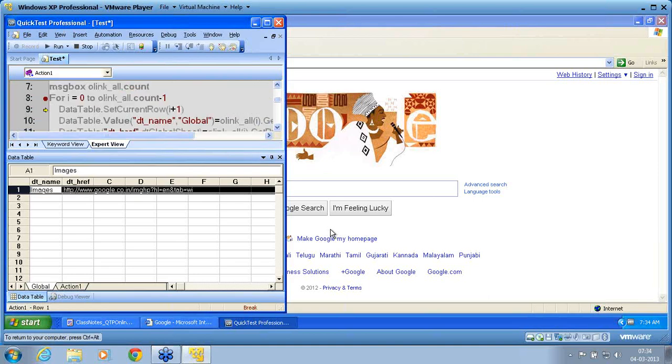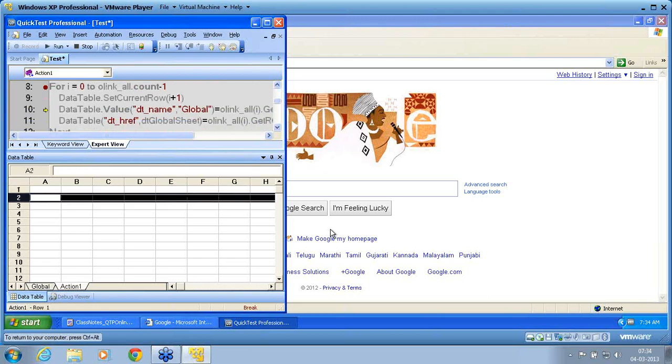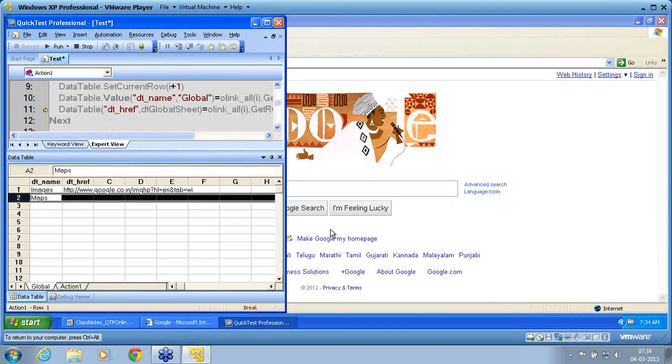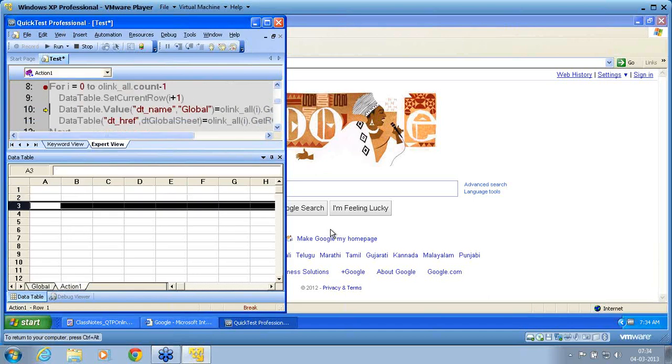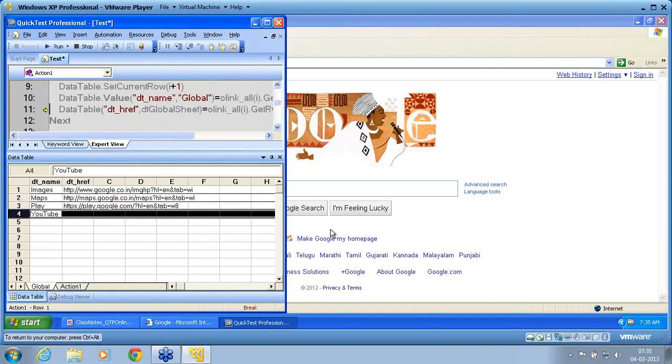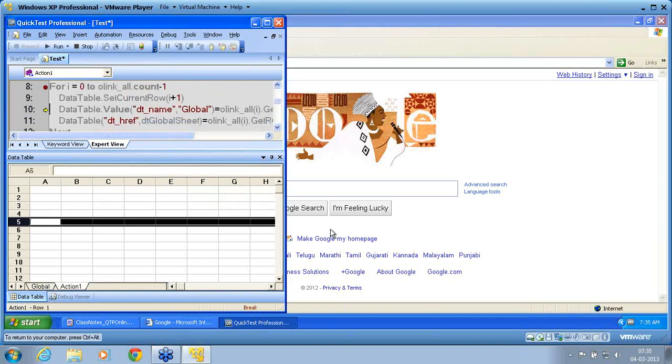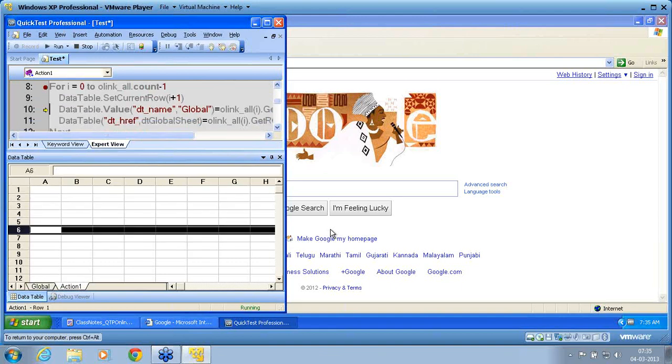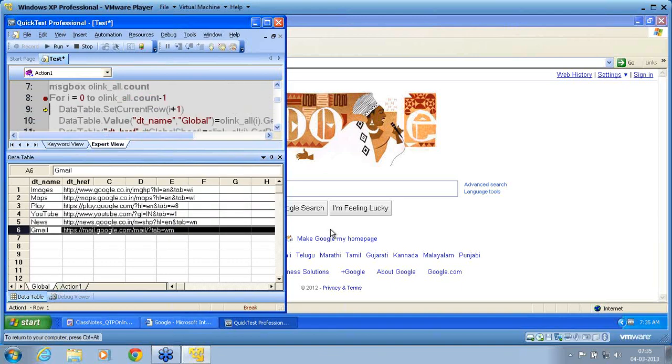After next, the SetCurrentRow plus 1 moves the counter. Now he is moving the counter, he now assigns the value. You can see that he is moving the counter each row and then he is moving the value. That is how he is now able to retrieve the object property.